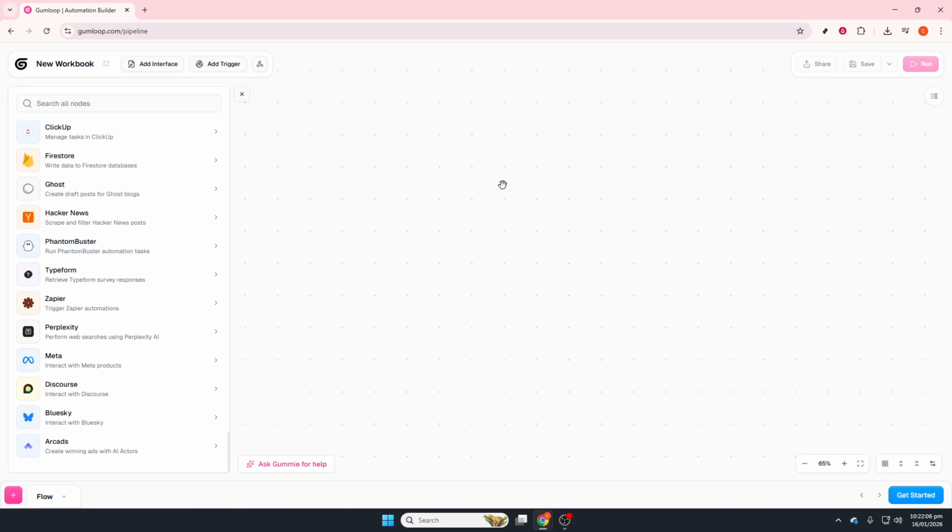Choose where your drafts go. Send them to Gmail or Outlook as drafts, store them in Google Docs or Notion, share in Slack for review, or log them to your CRM notes. A simple flow is draft, review, then send. Add follow-up logic to maintain momentum. If there's no reply,